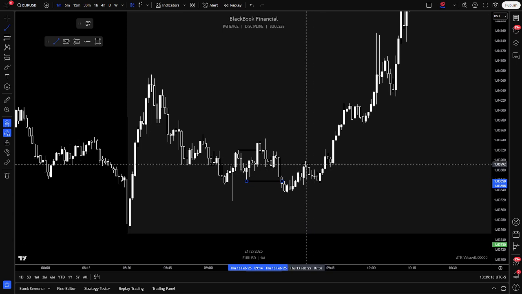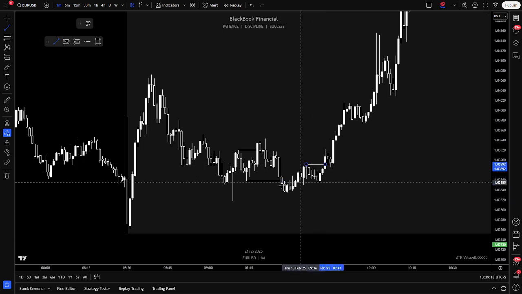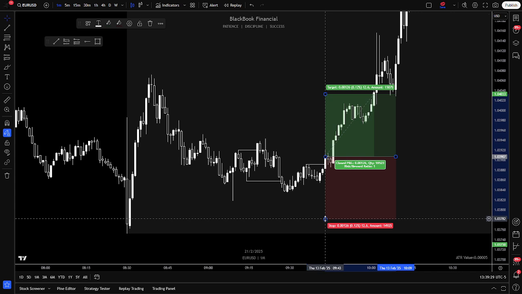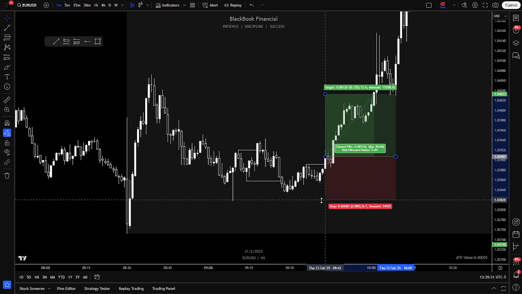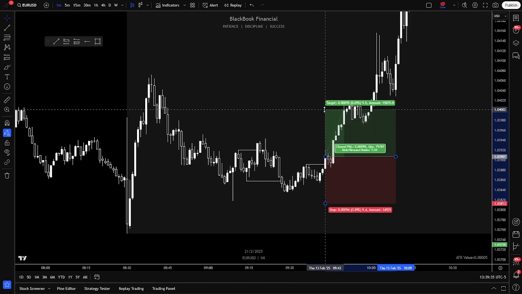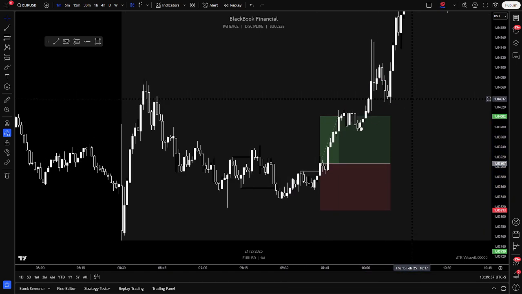And then we see our internal market structure shift, right? And then comes in our safe 1-to-1. I'm telling you, this happens almost every day on Euro US dollar, and this is such a safe strategy to play that it is so consistent. That's the beauty of this, it's so directly consistent,